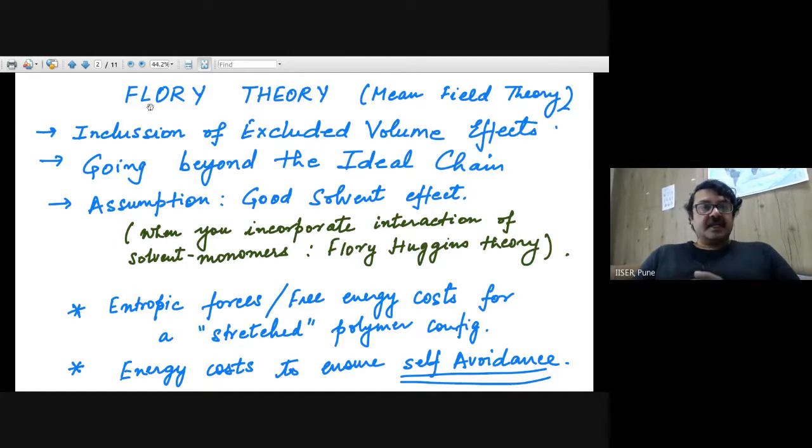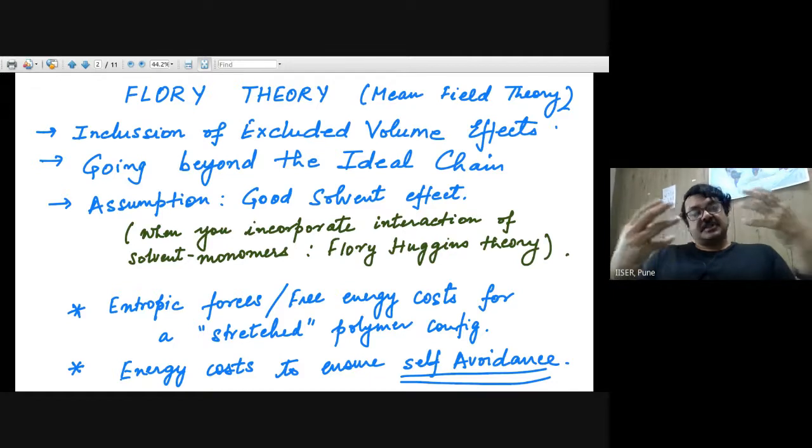Basically, there are two aspects of the Flory theory. First of all, we have to discuss the entropic forces, or what is the free energy cost for a polymer to be in a more stressed configuration, right? And why do we want to consider this? I mean, the free energy costs for stressed polymer configuration,